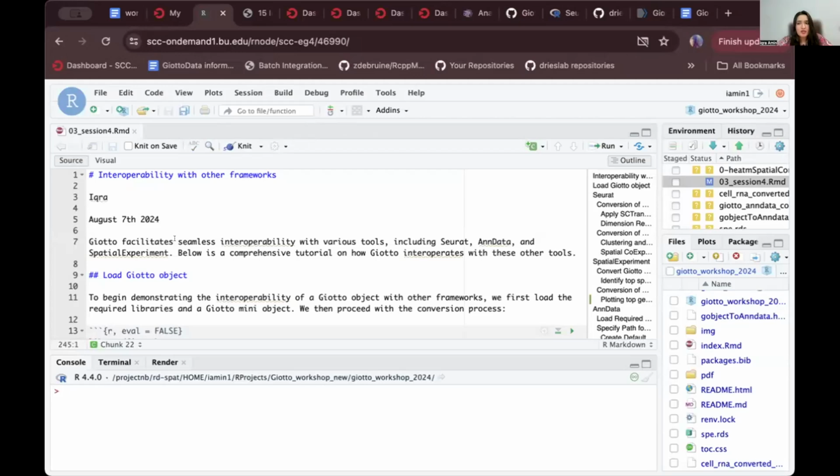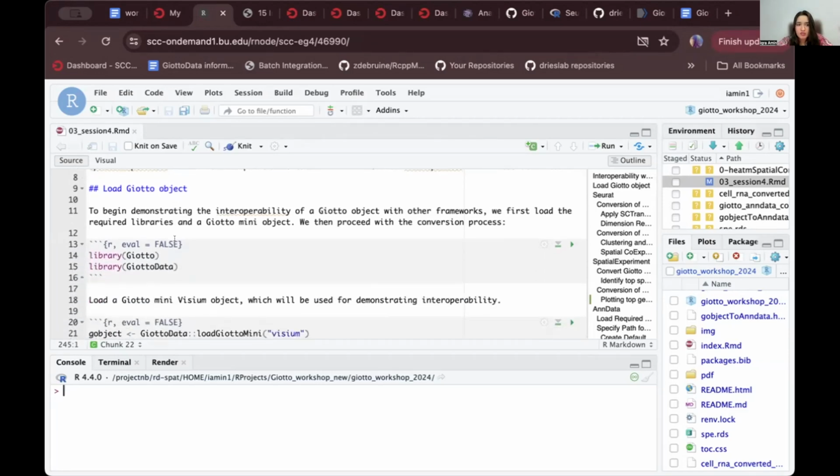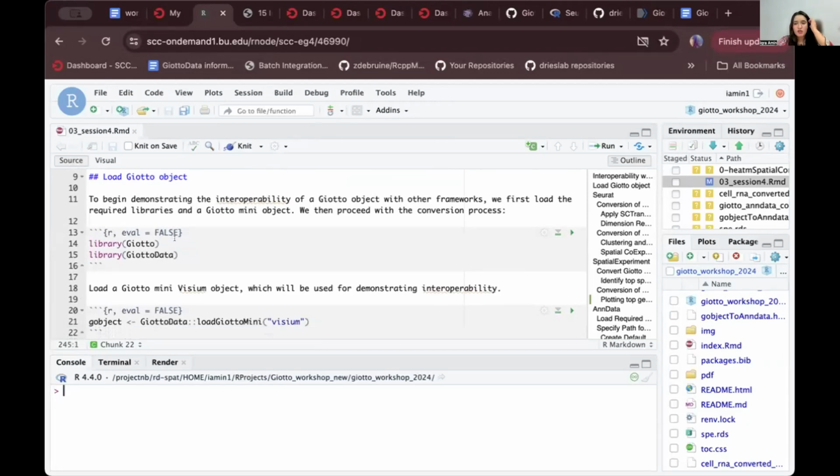I'm going to show you guys how Giotto can interoperate with other frameworks such as Seurat, AnnData, and SpatialExperiment objects. To start with, we are going to first load the Giotto object. That would be a Giotto mini Visium object. And then we will proceed with the conversions: Giotto to Seurat, and SpatialExperiment and